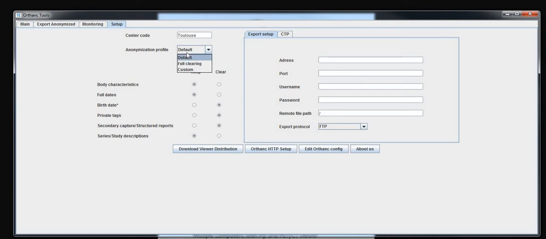description value. But you can choose another profile like full clearing that clears everything according to the NEMA recommendation, and you can also make your own anonymization profile, choosing to keep, for example, only body characteristic or whatever you want in these settings. So I'm going to use the default profile,